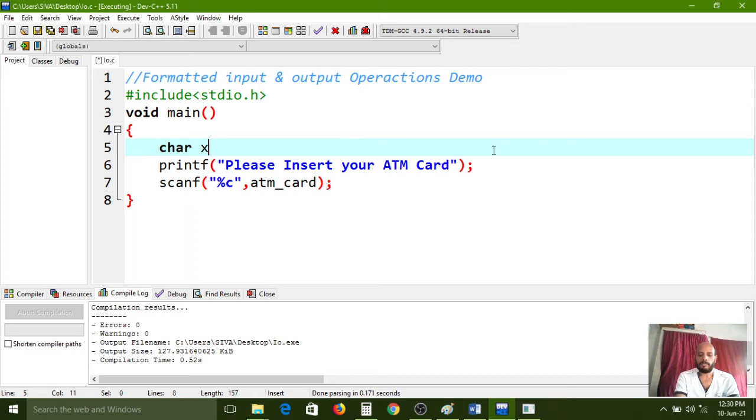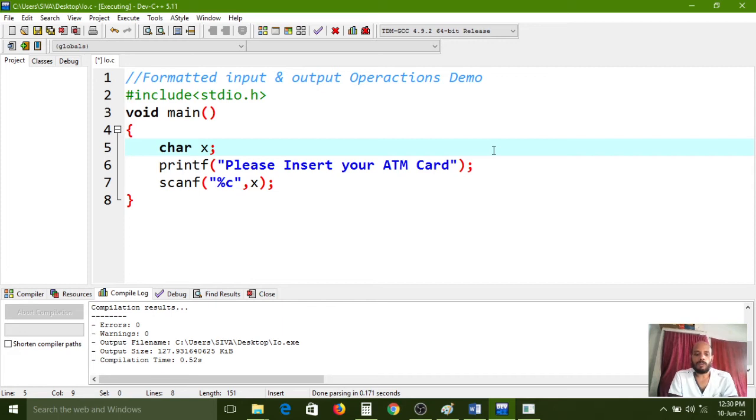Character X is enough. And character data type, while taking input, can collect only one letter of a character.